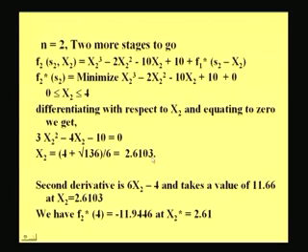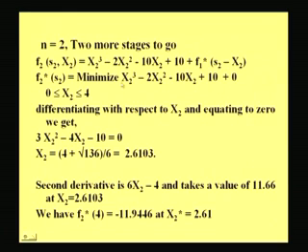Second derivative on differentiating this would give us 6x2 minus 4. So 6x2 minus 4 at 2.6103 gives us a positive value of 11.66 at x2 is equal to 2.6103. Therefore, the optimum is x2 star is equal to 2.61 and f2 star of 4, or the objective function value, is minus 11.9446. This we obtain by substituting